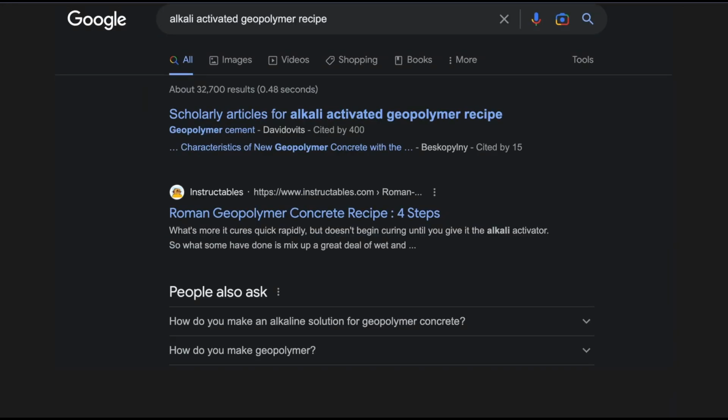So here's something that is also difficult to do, which is to find a specific formula. In this case, I'm asking for an alkali activated geopolymer recipe, basically a cement that is not calcium based.